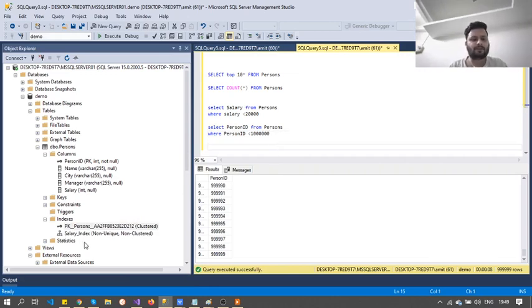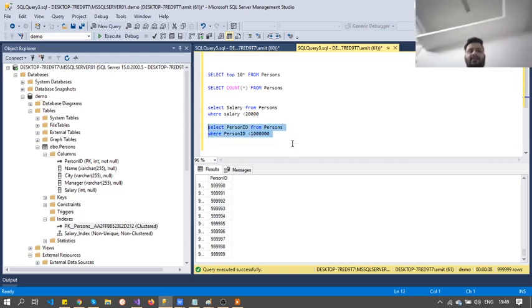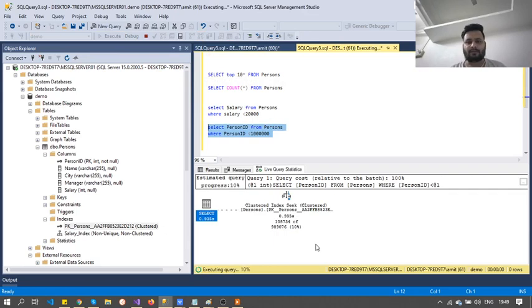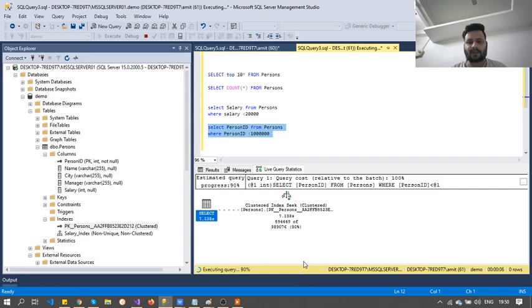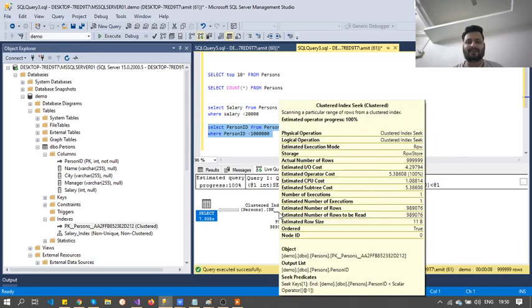If you see this, the 10 lakh records were fetched from the system, and the primary key or cluster index has been used for it, right? Again we have seen the execution plan for this. The cluster index has been seeked and the output has been made, right? It is completed, 101%.